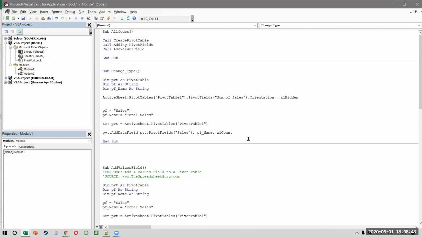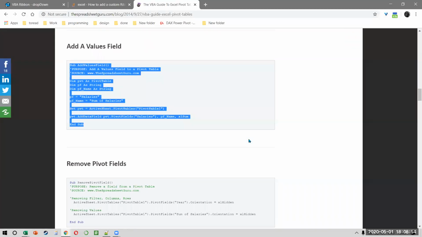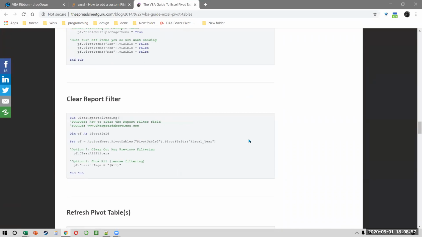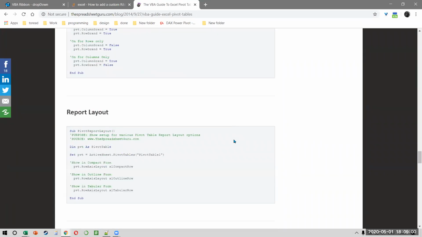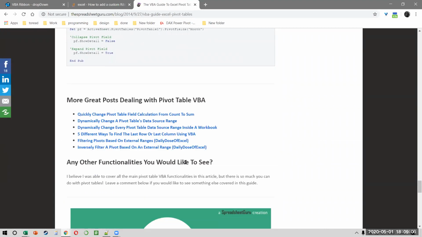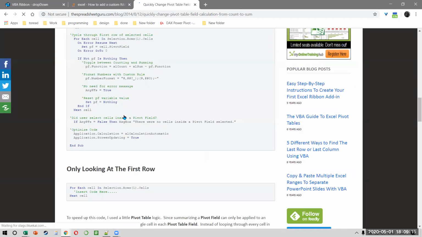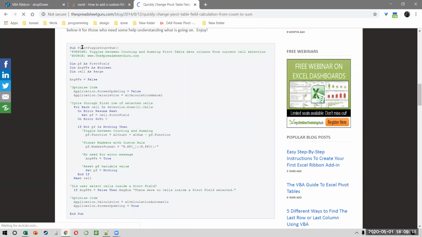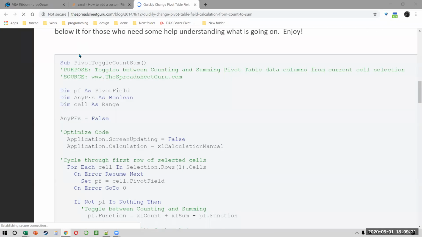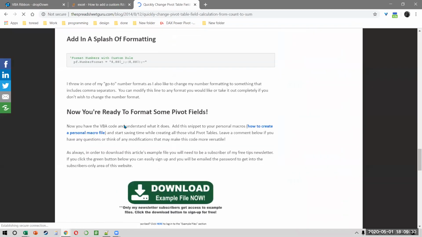So I hope you're able to see how we can copy bits of code from the internet. The key learning of a good developer is how to find the good websites, right? I mean, just see how beautiful this website is, right? And it's unbelievable, the sort of details they have given you. I mean, even something to the extent of how to format a pivot table, they have explained that as well, right? For example, if you want to change from count to sum, right? So this will allow you to toggle between the count and sum, right? I will not explain it to you right now because now you know the basic idea. You can always go back and check this. Right? But that's how it works. And of course, he has explained everything in detail.